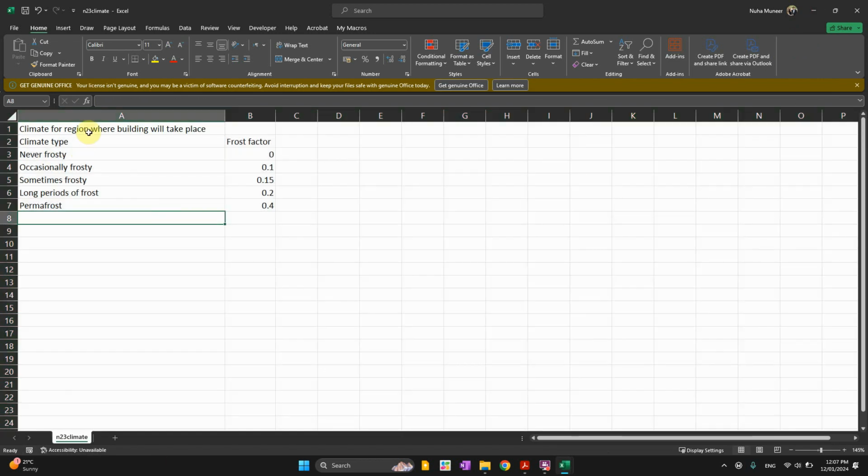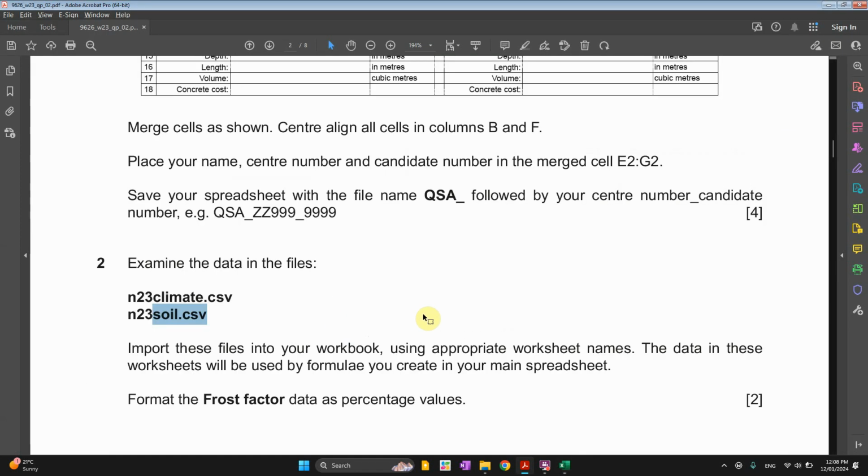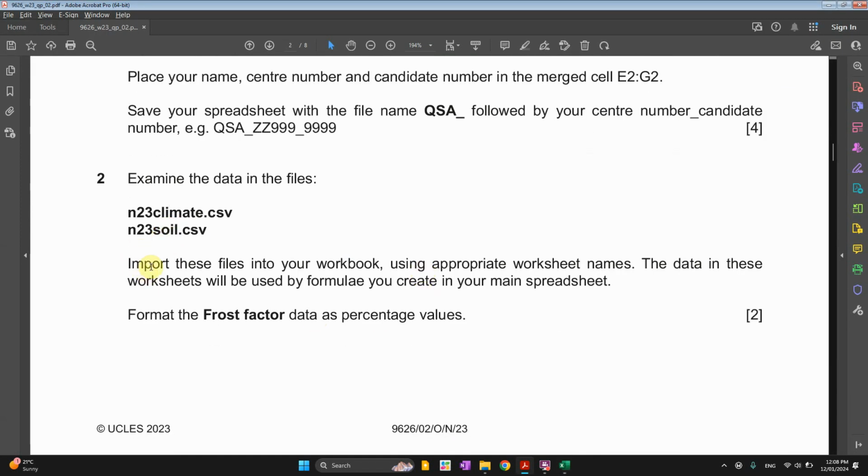The next one is about the climate for the region where the building will take place. So you have the climate type and the frost factor. You have around 5 climate types and their frost factors. There is one point about it here. Let's get back again. All right, after examining, import these